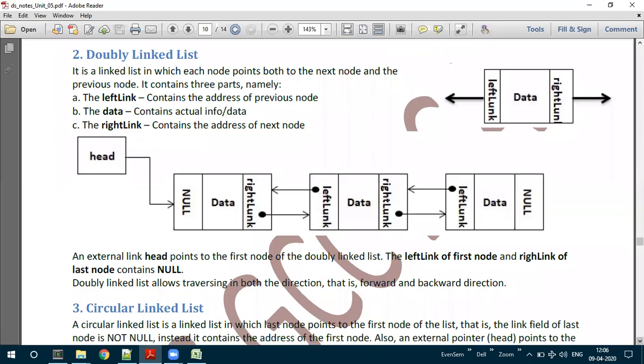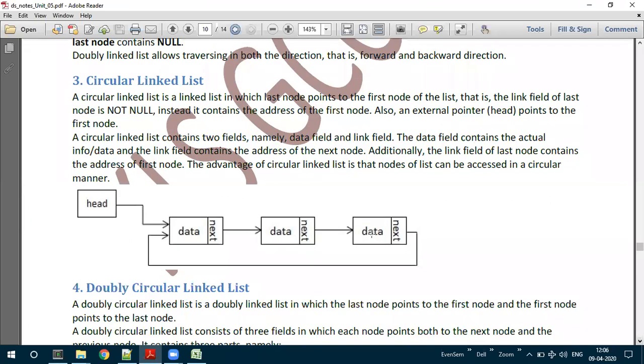Okay. Then the third type of the linked list is called a circular linked list. How can we imagine it? Suppose we take a singly linked list: we have a head, then one node, then a second node, then a third node. In the singly linked list, the last node's next field will have a null value.